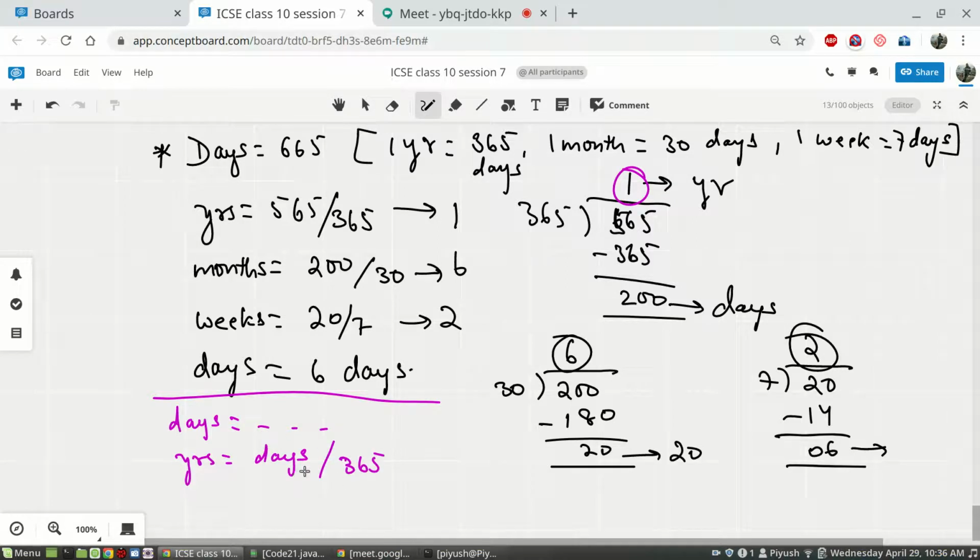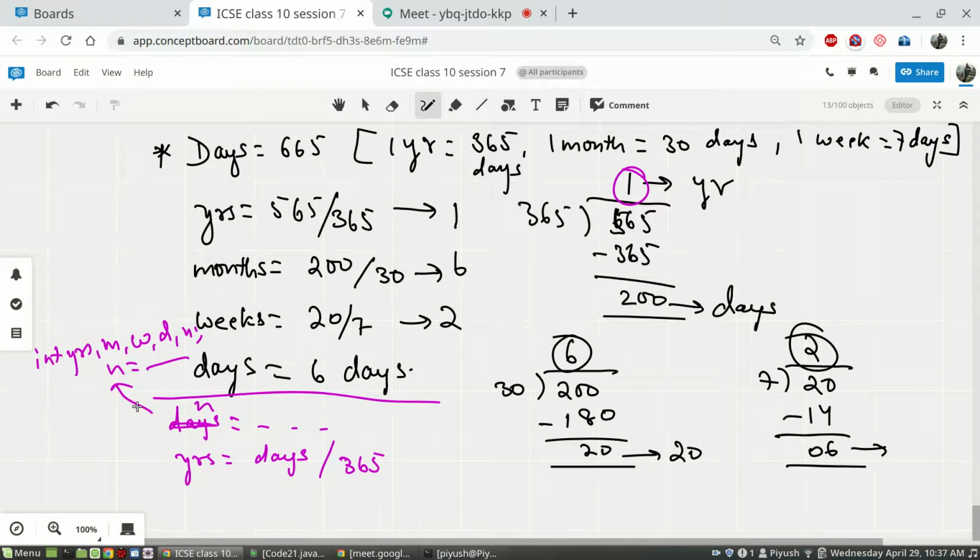This will give you the answer, like one of you said, 1.8 years or something like that. But will you get 1.8? The answer is no. Why? I said to assume everything as integers. You can write before this int years, months, weeks, days, and final days, and these are the days given by the user. I'll take it as some different value, let's say n. The user has entered n, some value, int n = sc.nextInt.